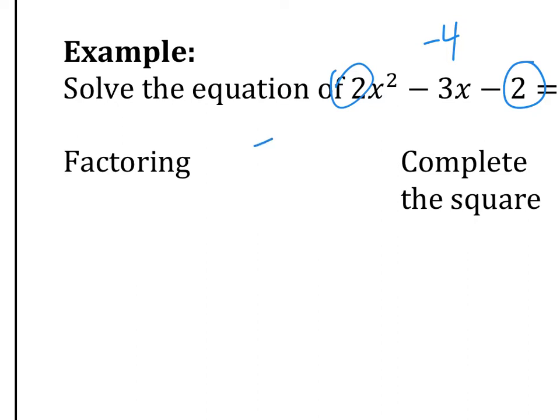Okay, let's look at our possible choices. What numbers multiply together to get -4? -4 and 1, -2 and 2, or 4 and -1. Which pair, when you add them together, you get -3? -4 plus 1. So you're looking for this number in the middle. Okay, so that's -4 and 1. All right, so here's,